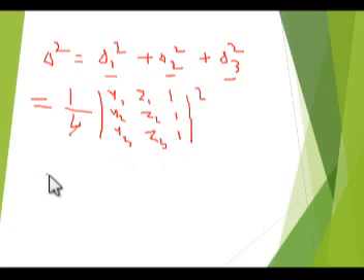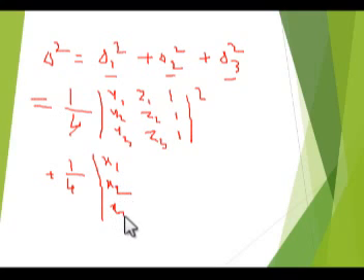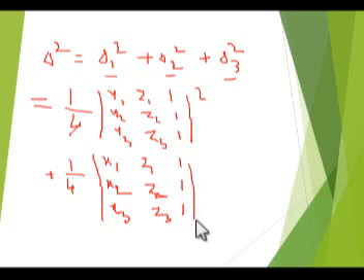And again for delta 2 we get 1 by 4; here y is 0, so this will be x1 x2 x3, z1 z2 z3, 1 1 1, squared,